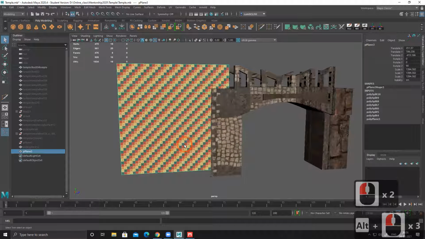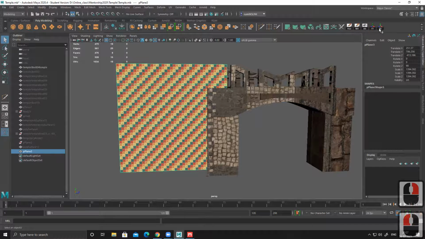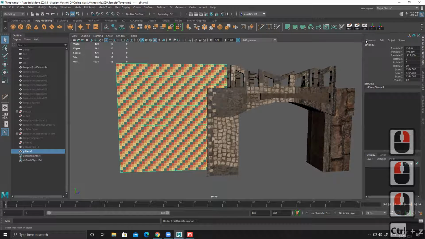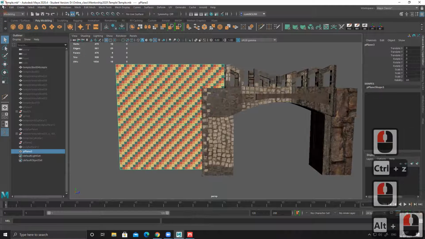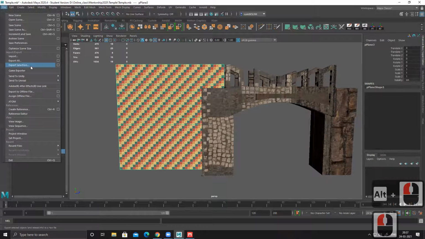I can do this very easily with the help of either Photoshop or Substance. I can export this mesh into Substance, and by selecting per polygon, I can assign one solid color, right? If it's not clear, I'll show it, don't worry. There are two ways to create this. First, let's use Substance.